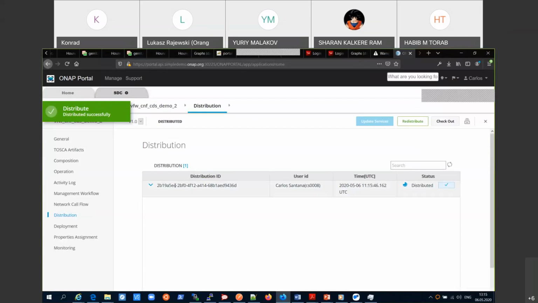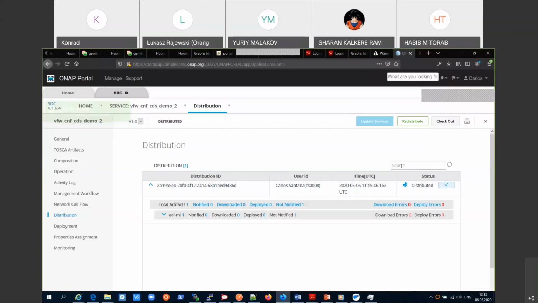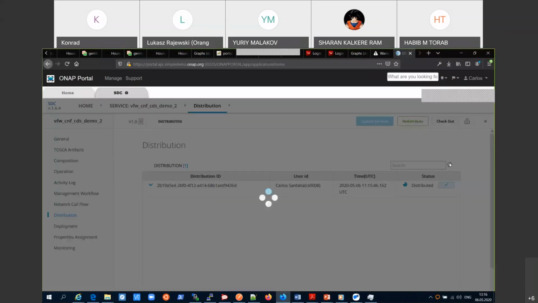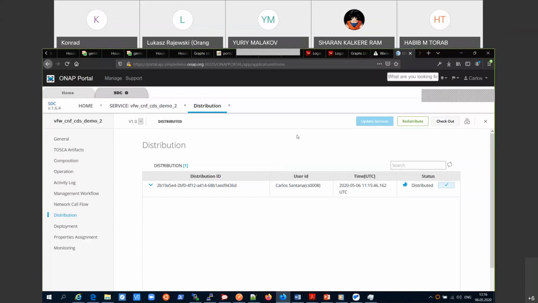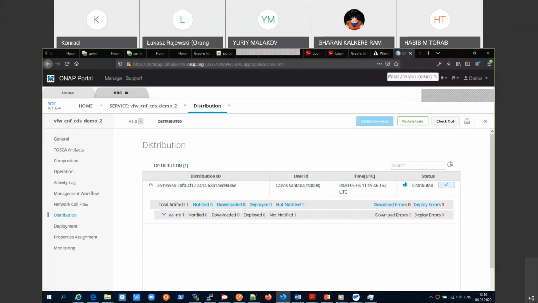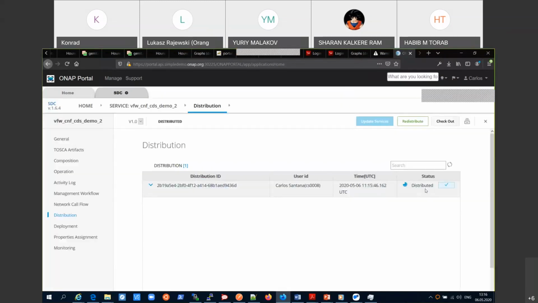The fix for the distribution was already merged, Konrad, or not? Yes, I think yesterday it was merged to master, and today into Frankfurt. Today when? If you know, because the build of the SDC would need around 11 a.m. our time. It was probably earlier, but anyway, Ophir issued some command in the reply section, so I think he triggered the